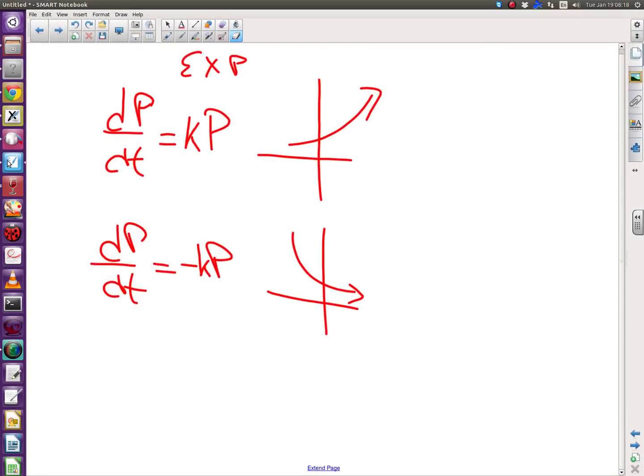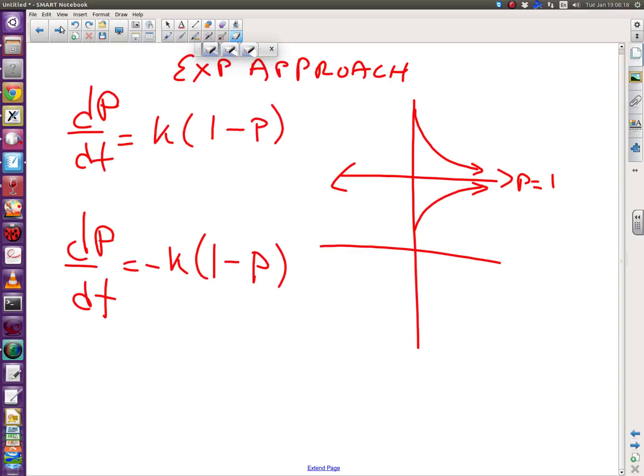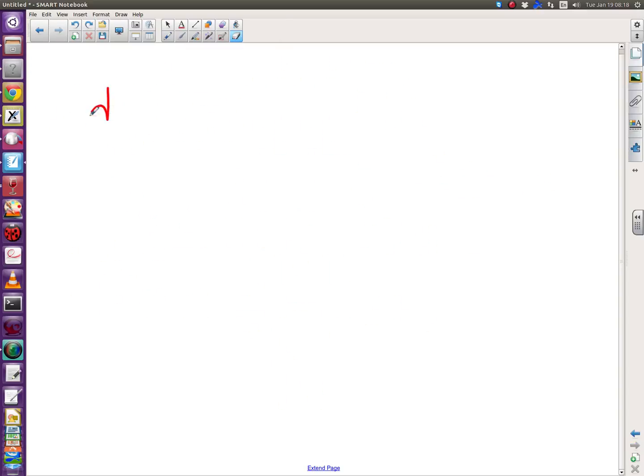Well, look at it. Where is it? There it is. How would you variable separate this? Okay, how would you variable separate that? All right, let's go somewhere. You got dp dt is 0.1 p times 10 minus p, right? All right, so what would you do? dp equals